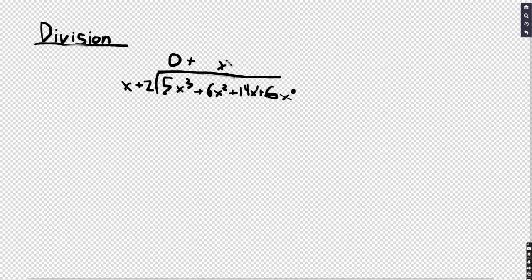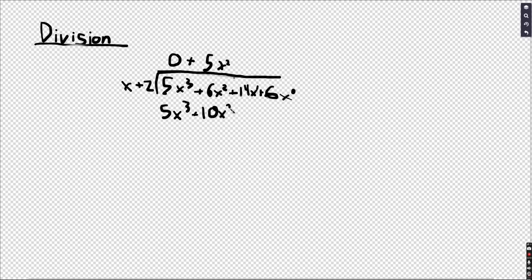But it's not just multiplying by x squared, it's multiplying by 5x squared, because we want to cancel out this term. Each time we're trying to cancel out the big term. So we're not multiplying just x by 5x squared, but we're multiplying 2 by 5x squared as well. So we have x times 5x squared, which is 5x to the third, plus 2 times 5x squared,